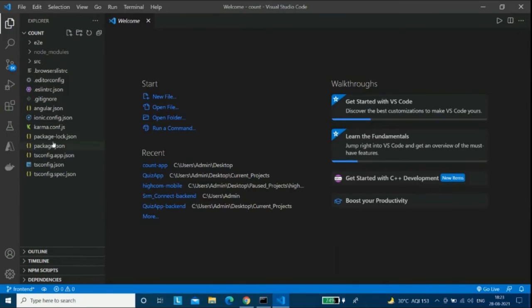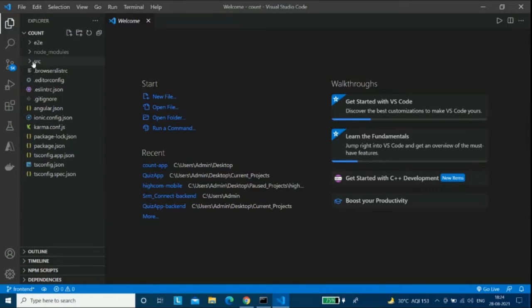The next is the package-lock.json file, which will contain the exact version of those packages. For example, if I have made this project and I am sharing it with some other member of the club, they can take that project and install packages, and package-lock.json tells them what version of each package has to be installed. We do not have to bother about it.